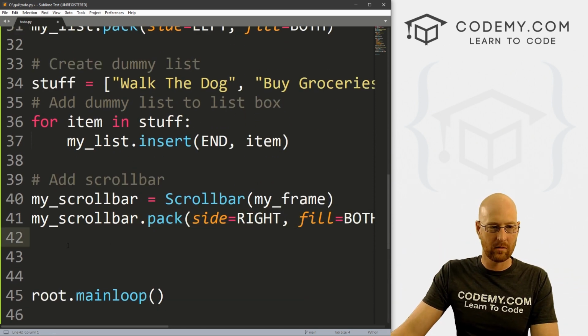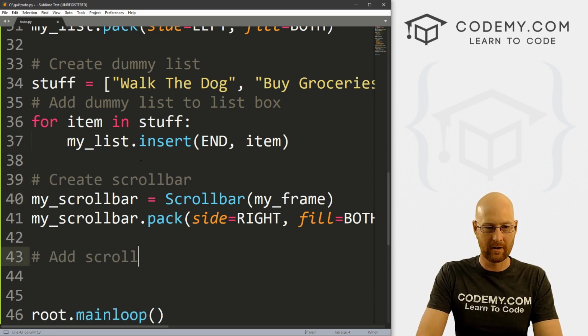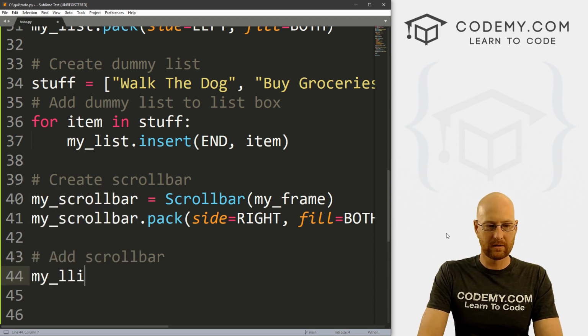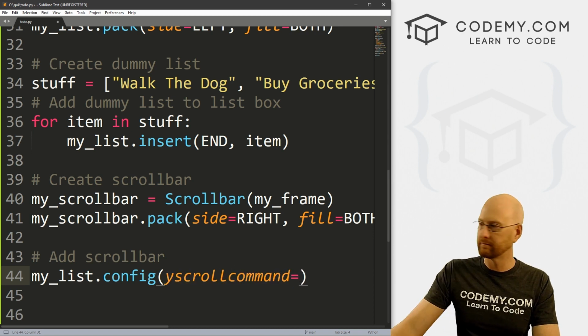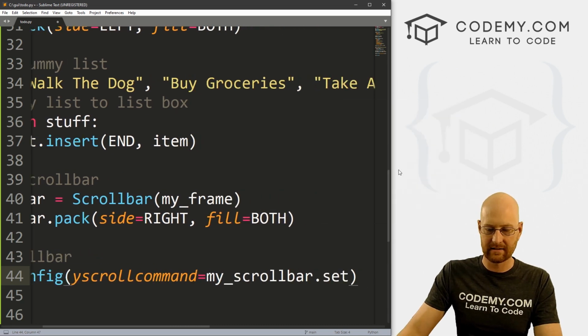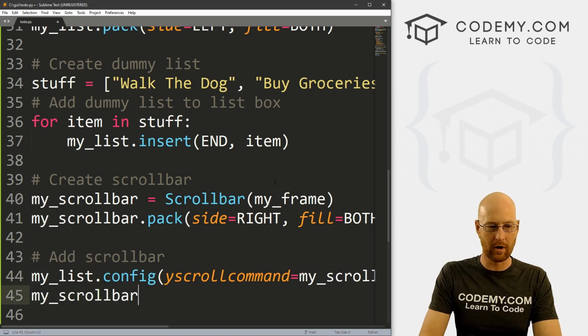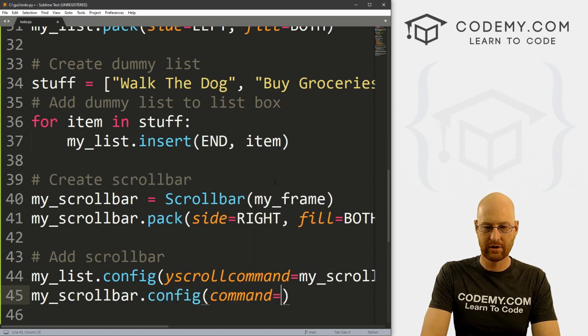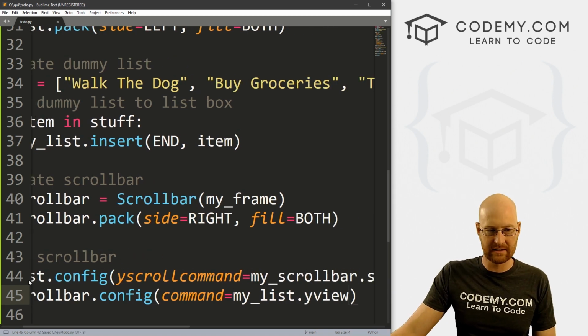So, okay. Now, I should probably call this create_scrollbar. And now we can add scrollbar. And we want to go my_list.config. And we want to give this a yscrollcommand of my_scrollbar.set. We want to set that in our list. We also now need to my_scrollbar.config and set the command to my_list.yview. Okay, so let's go ahead and save that